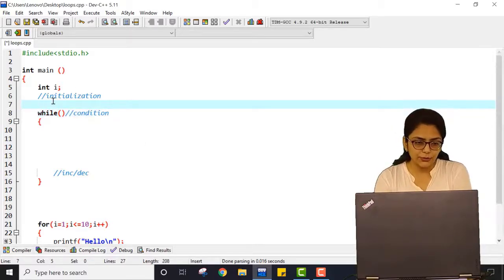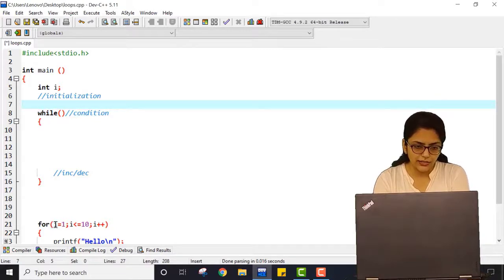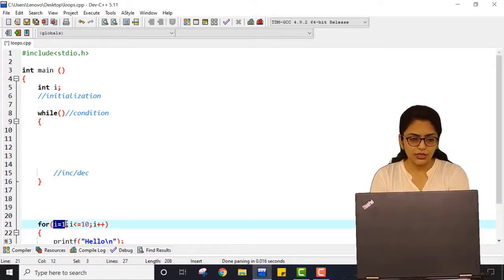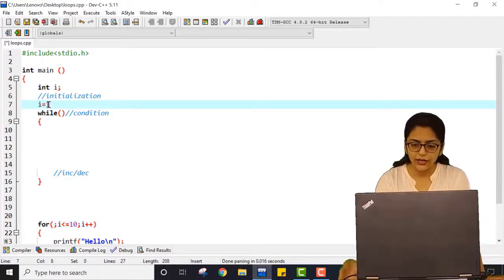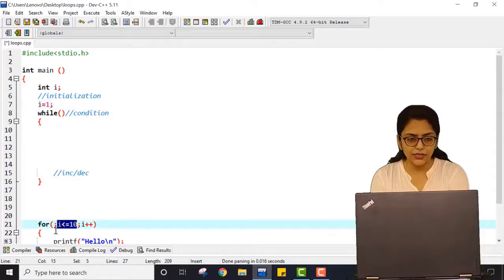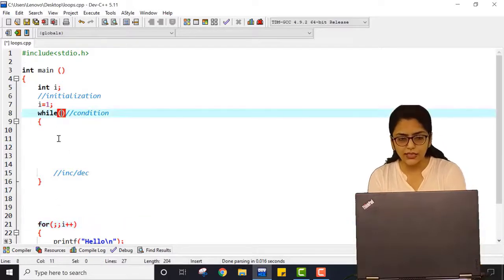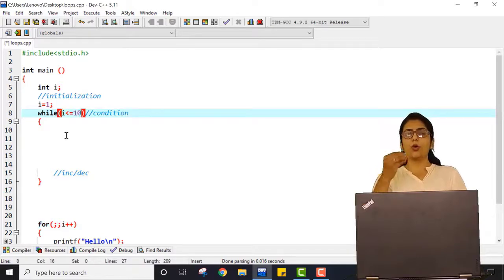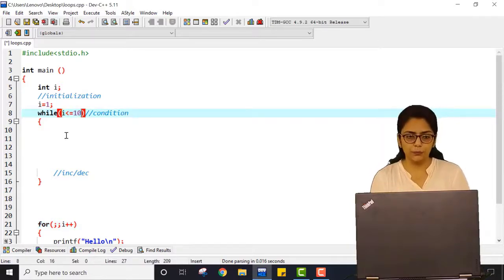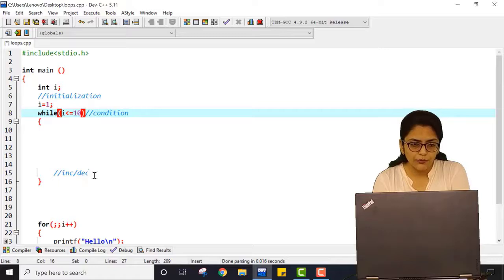In the previous program you can see this i equal to 1 is the initialization. So I just cut it and copied it over here, right? And semicolon. Now what is the condition? i is less than or equal to 10. While this condition is true, the control can go inside the loop. And what am I going to perform inside the loop?